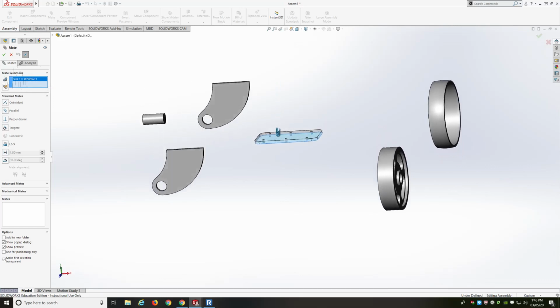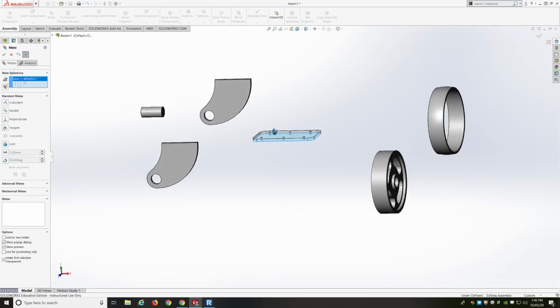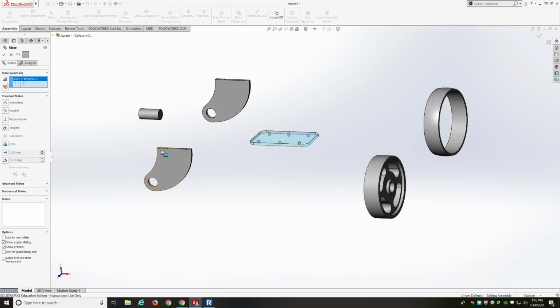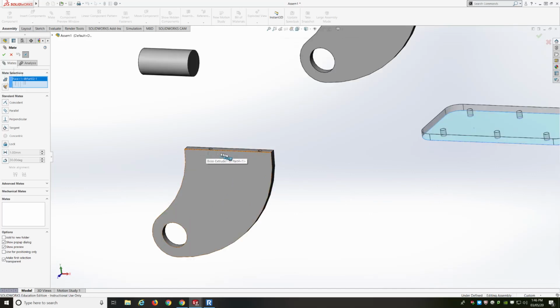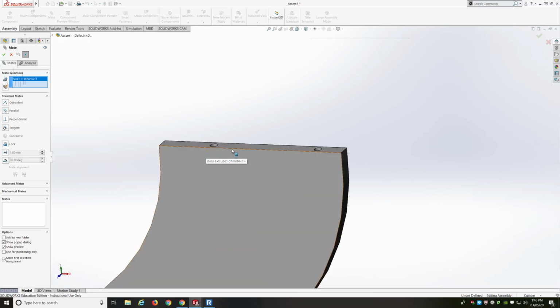Now that I've got that selected, I want to say that the top part of one of these side plates, I have to zoom in. Right now, I've got the side face highlighted. Right now is the edge that is highlighted. You want to make sure you get the correct surface. This is the face. This is the edge. This is the face. Click on the face,